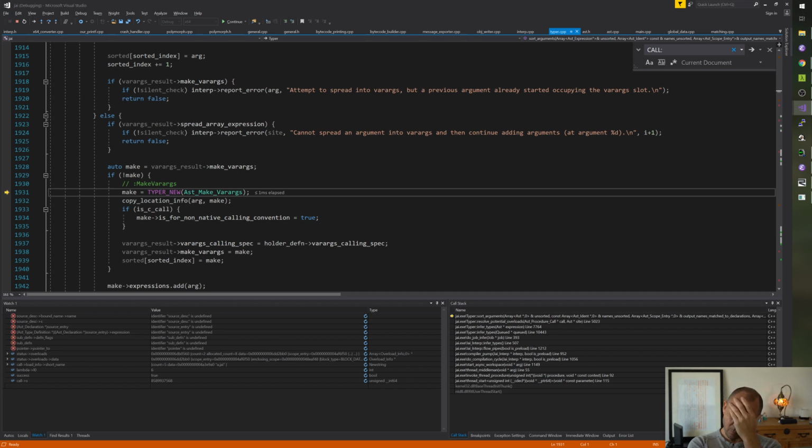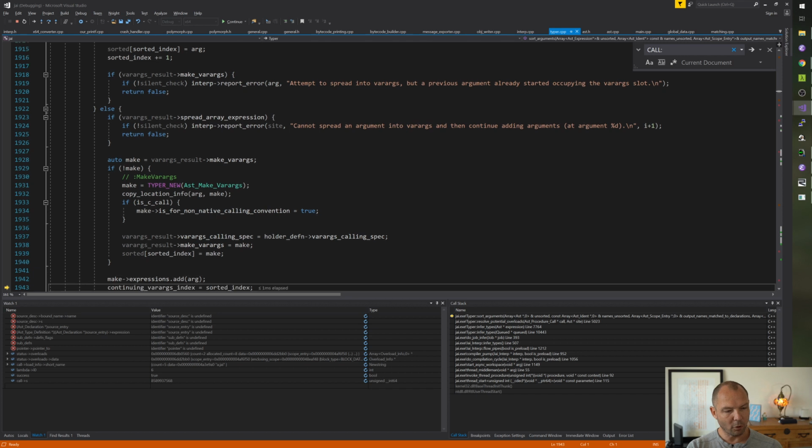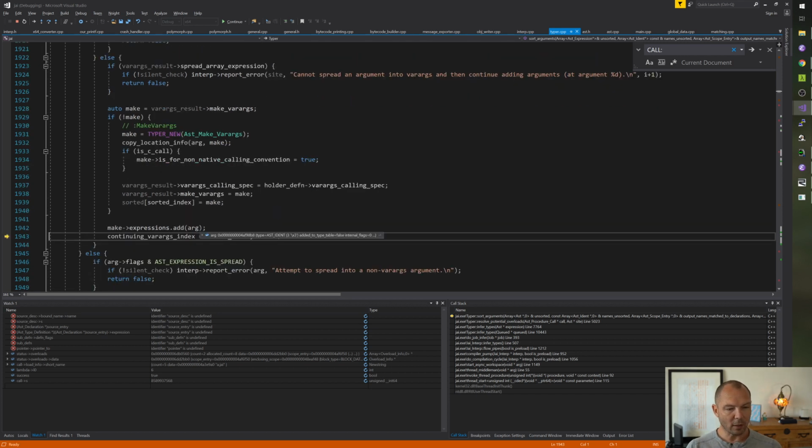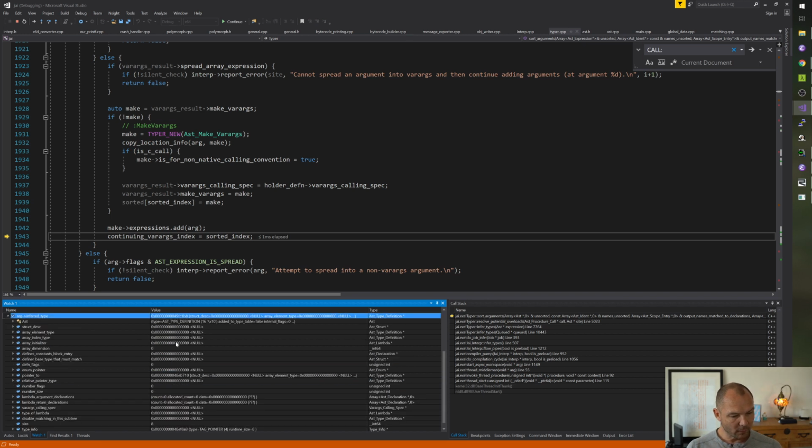Oh. It's possible we defer the type checking of this. I don't know. Okay, let's just see. Okay, so we put a varargs array as argument 1. That is correct. It's got this expression that is now of type void pointer. And that should cause it to type check incorrectly. Yeah, it's a pointer to void.